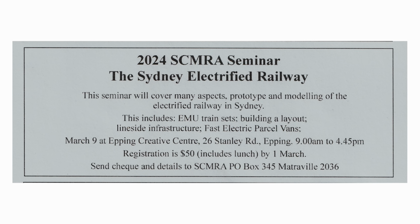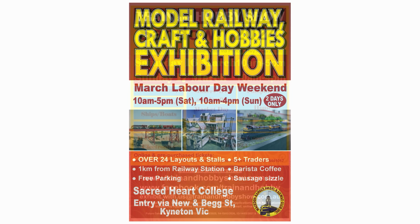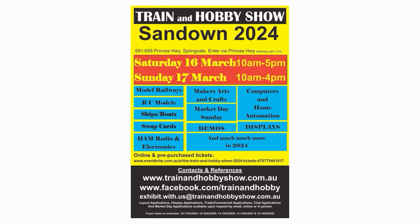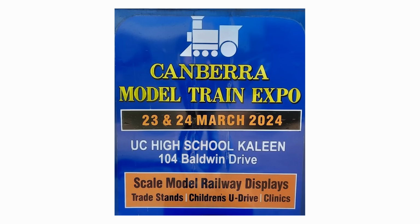The Macedon Rangers Model Railway Club will hold the Model Railway Craft and Hobby exhibition on the March Labour Day weekend in Kyneton, Victoria. In Melbourne on the 16th and 17th of March, the Train and Hobby Show will be on again at Sandown Racecourse. The Canberra Model Train Show will be happening on the 23rd and 24th of March at the UC High